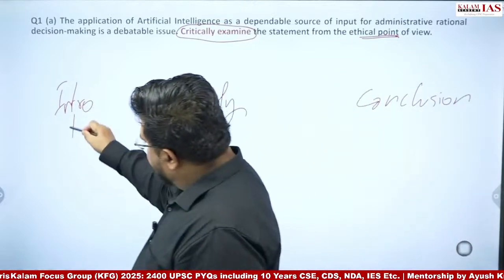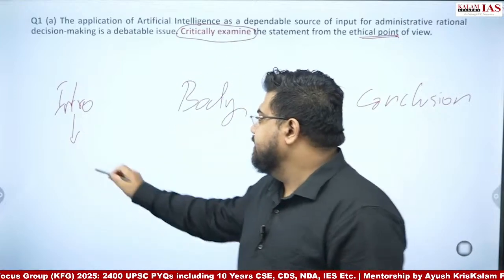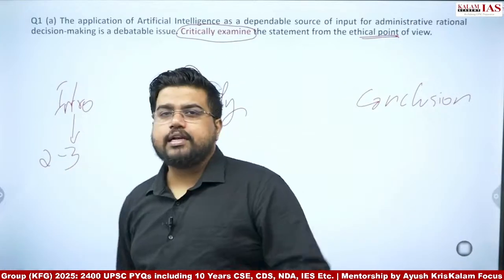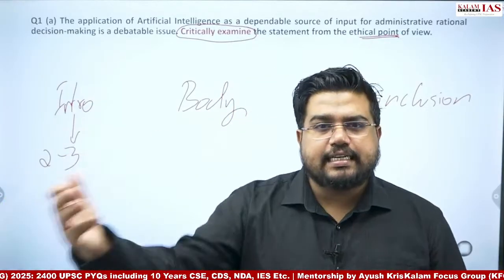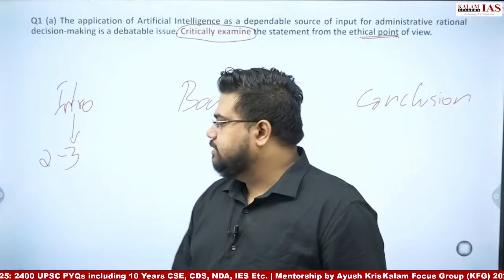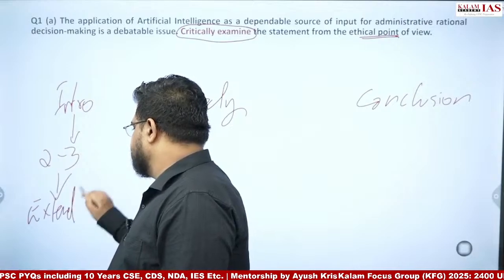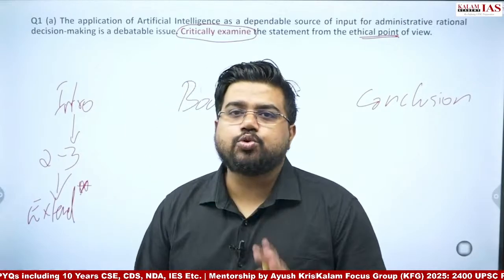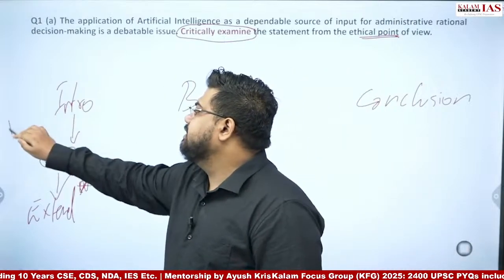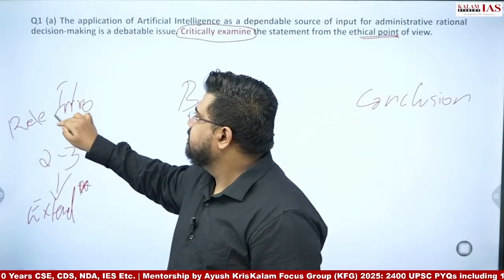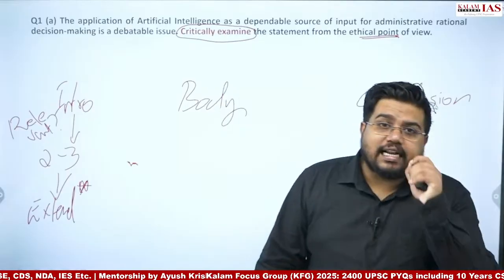What I look for in the intro, things to keep: don't overwrite the intro. Two to three lines is optimum. If your intro is substantiating one part of your answer, if your intro is substantiating the statement given in the question, then go for an extended intro. Otherwise, two to three lines is enough. And in the intro, what exactly is being looked at is, is your introduction relevant? Whatever you have written, is that relevant to the question?